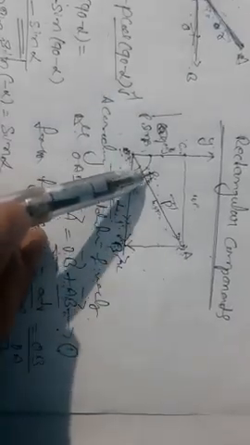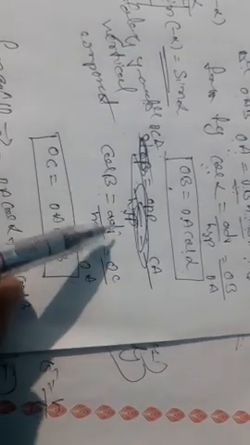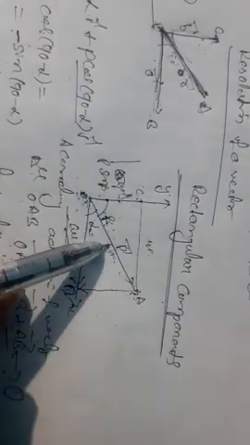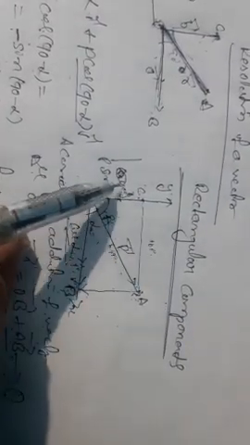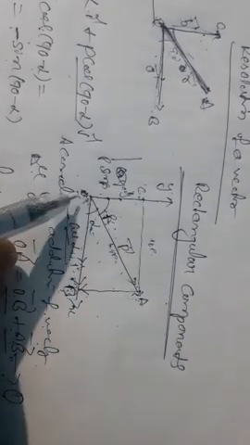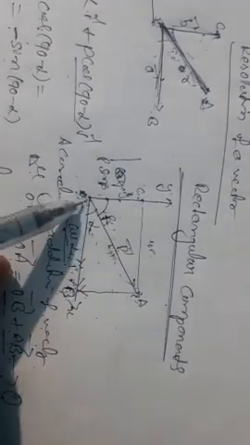At angle is what? Beta. By using the definition of cos beta, cos beta is equal to adjacent side by hypotenuse. That is the hypotenuse side, the opposite side, and that is called the adjacent side. The adjacent side is OC, the hypotenuse side is OA. That is OC by OA. Cross multiply: OC is equal to OB cos beta.